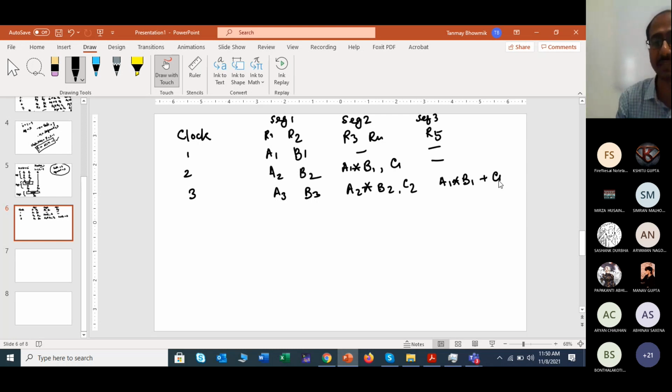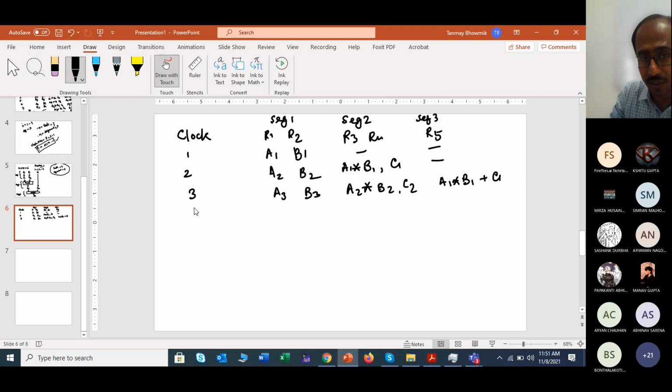So I am just writing all the tasks here one after another into different segments, which are being distributed. If you are not getting any of the writing properly, you can just stop me and ask me. So 3 clock pulses are required here to complete one task properly. One task means A1 multiplied by B1 plus C1. When you get the whole result, that is termed as one complete task done. So 3 pulses are required basically to complete one task.